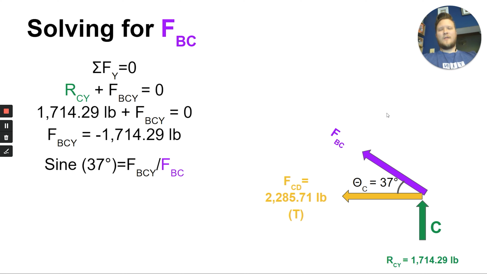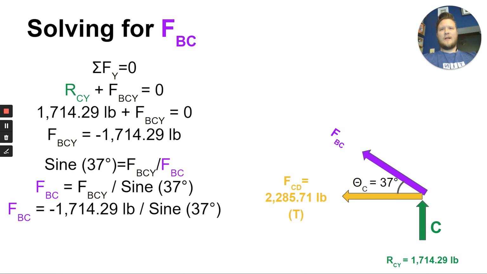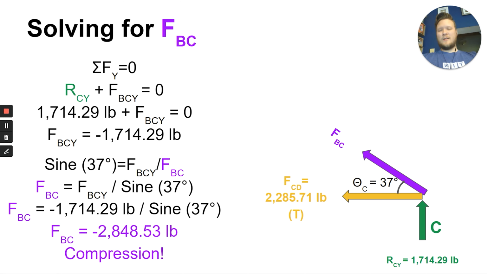I'm solving for FBC, so I need to rearrange my equation to get FBC on its own. Then I need to plug in what I know for FBCy. Remember, we found that as negative 1,714.29 pounds. When I plug that into my calculator, I get that FBC is negative 2,848.53 and some change pounds. So since that's a negative number, it's compression,